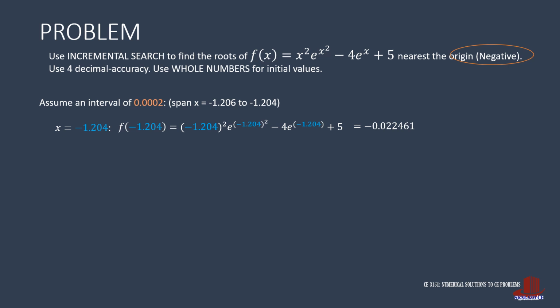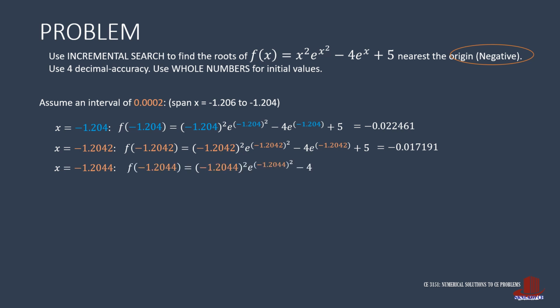Subtract the increments and have the first iteration with x of negative 1.2042, where the function becomes the square of negative 1.2042 times e raised to the square of negative 1.2042 minus 4e raised to negative 1.2042 plus 5, giving negative 0.017191. The next increment makes negative 1.2044. Plug this into the function, and by computation, we end with negative